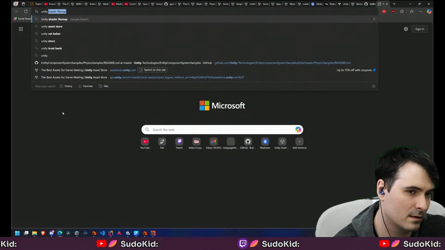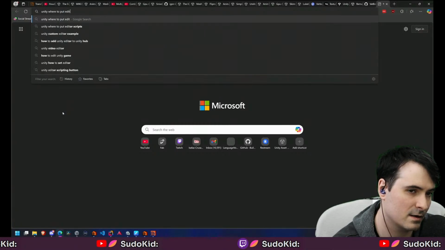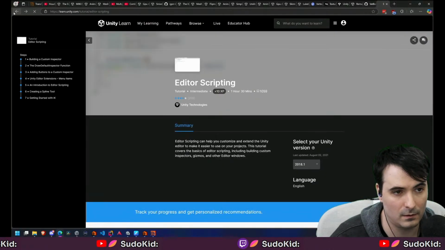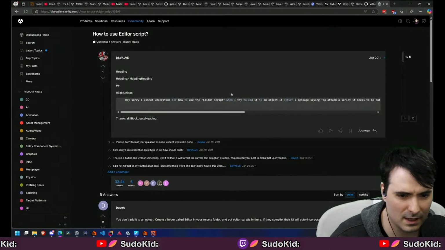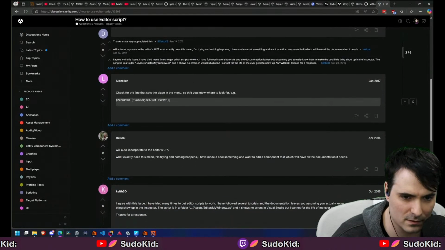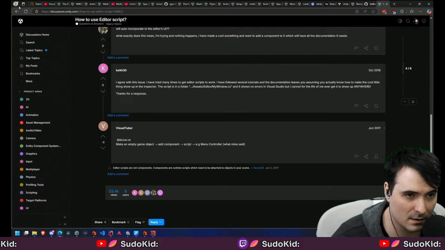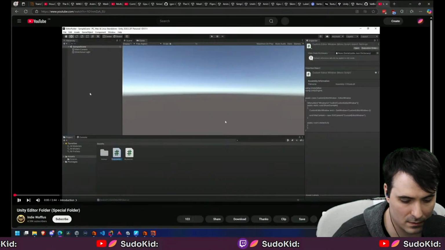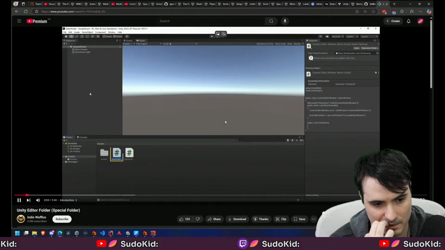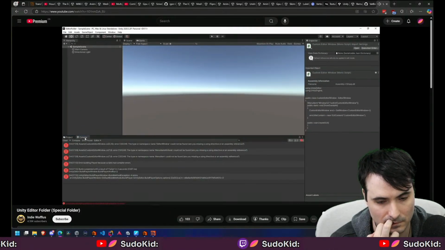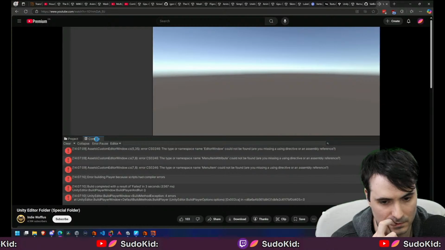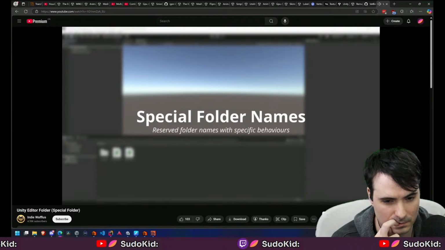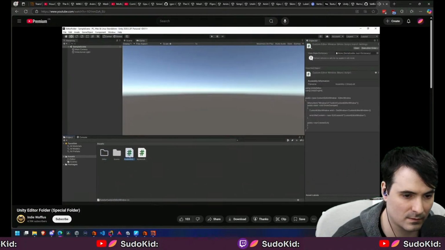Where does Unity put editor scripts? Because I think it's top level. If we have editor scripts within the assets folder and try to build our game, Unity will throw an error as it cannot find their namespaces or types. That's because our editor file shall not go into our game build as our game doesn't really need them. Thankfully, Unity has something called special folder names. They are simply reserved folder names with specific behaviors, and one of them is exactly what we need, the editor folder. Unity knows that any file that's